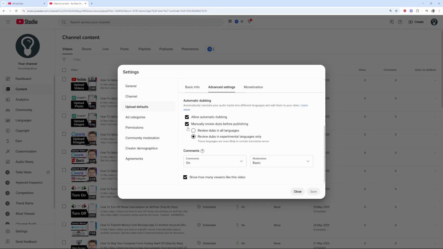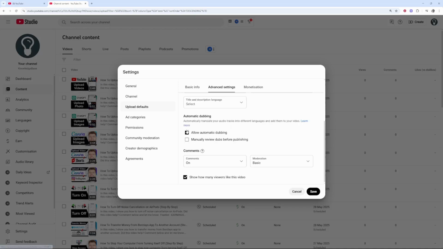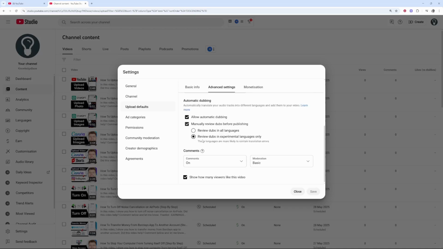Now you can decide if you want to manually review the dubs before publishing. So if you have that unchecked, they will just go out straight away as they are dubbed. But if you want to manually review them, you can go ahead and tick this, and you can review all languages or only the experimental ones. These are the languages that are more likely to contain errors, so you can make a choice here. I usually have it on review the experimental languages only, and then you can go ahead and click save here,